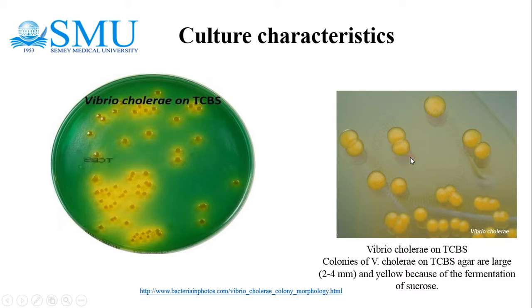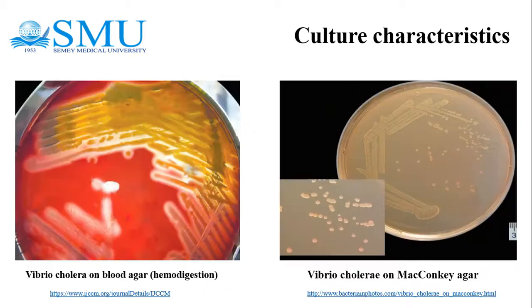This is colonies, and yellow colored colonies, whereas sucrose non-fermenters produce green colored colonies. It is inhibitory to most of the bacteria. Some strains of Aeromonas, Proteus, Enterococcus may occasionally grow. And next is